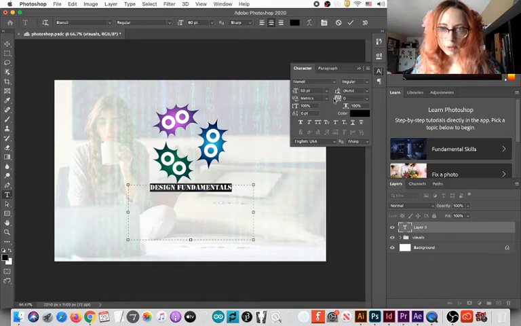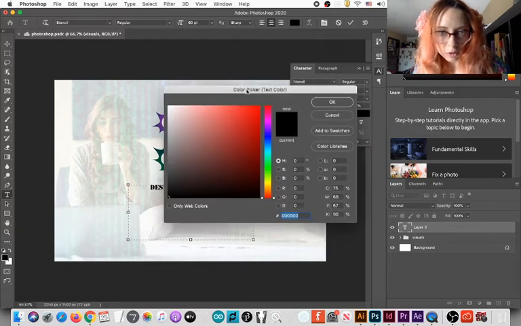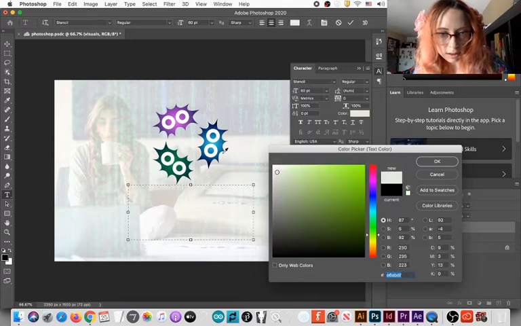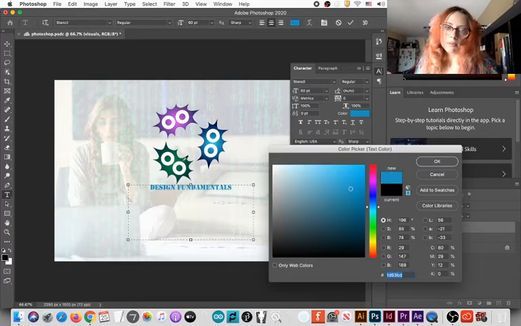Here are some more things we can play with in Character. You can choose a color. Let's choose a color from the composition.